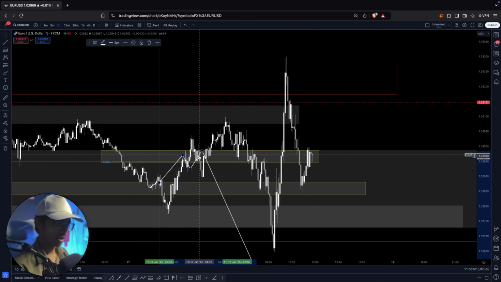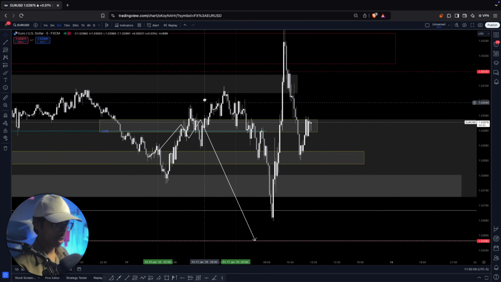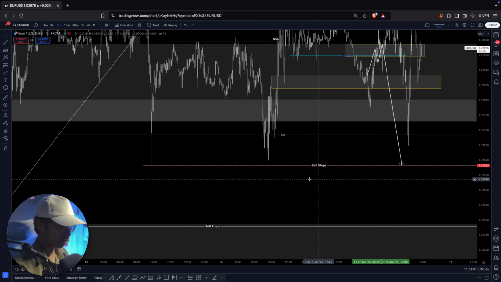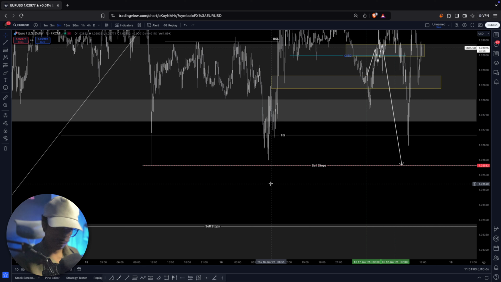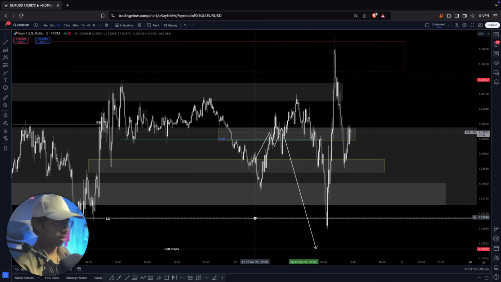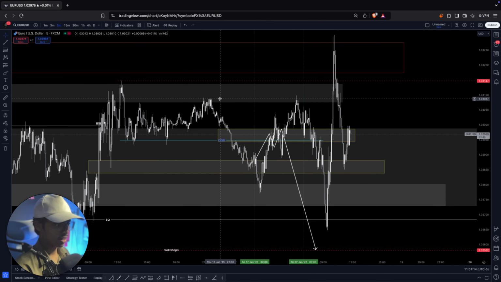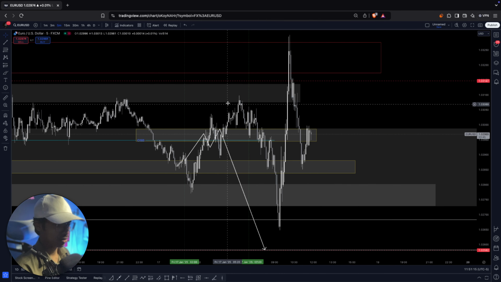Somehow we are good at predicting the movement. The second thing that didn't happen is that it didn't take out these sell stops. I told you that it is Friday, and sell stops have very little chance of being taken on Fridays, the last days of the week. Now it generated buy side and sell side liquidities, so the market really dipped hard and went back downwards.